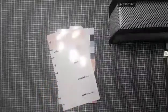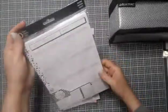And I believe this goes perfectly with the next thing that I picked up, which is the Get Social paper. I have been looking forward to this for so long. I am ready for this. Let's just go ahead and open this up too. You get 40 sheets, so you get 20 of each sheet, and you have the Get Social sheets that have the 4